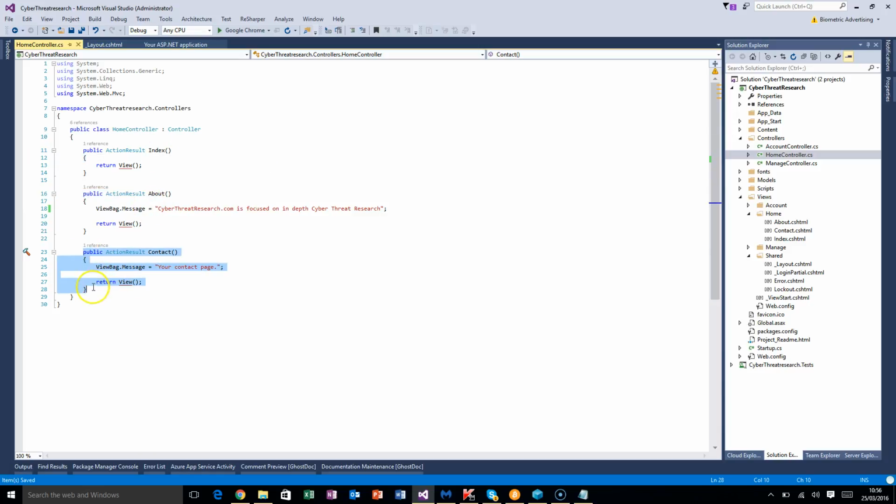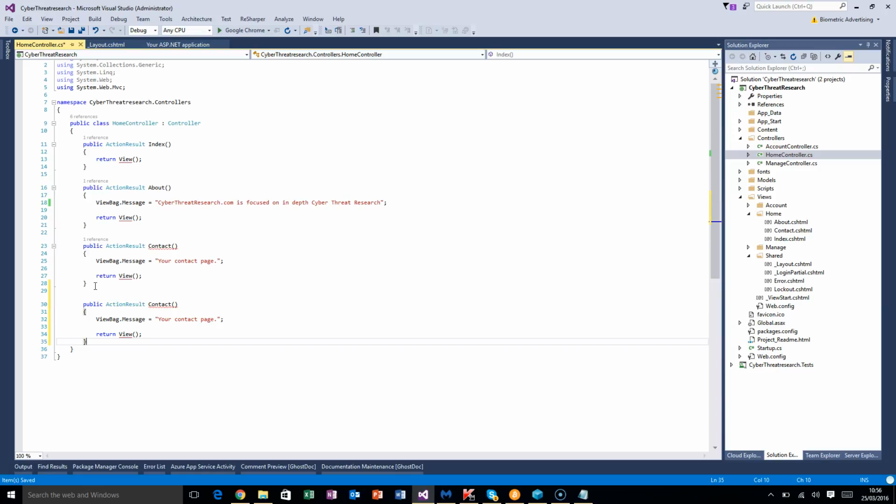So if I was to copy one like this and say, let's say we call it news, right? So we've called it news. You see why it's red at the moment? So let's have a look. The red says I don't have a view for news. So what you can typically do is create razor view,